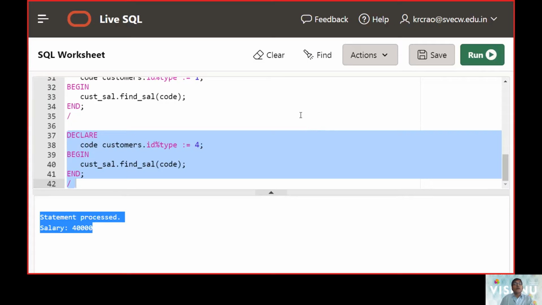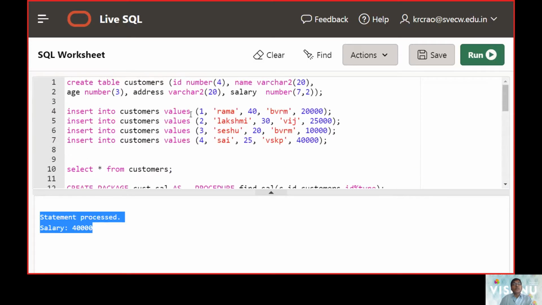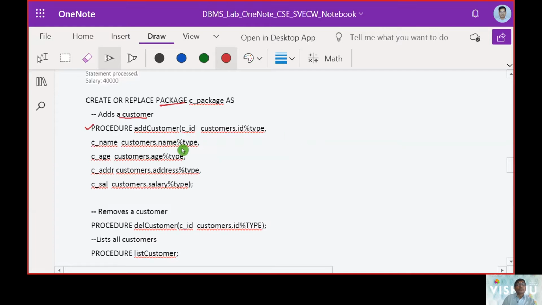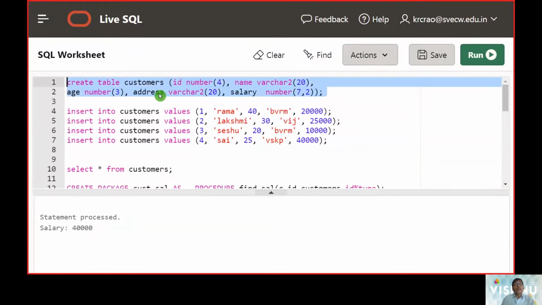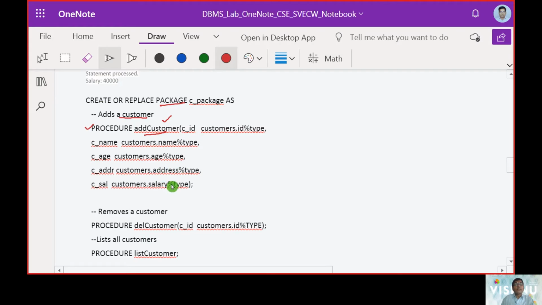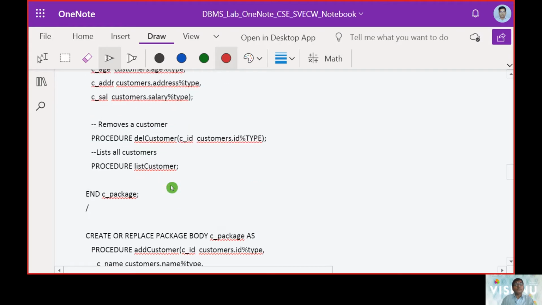Already we have the customer with ID, name, age, address, and salary, and we have taken 4. Let us see how another tuple can be added via the package. We can say it with a procedure add_customer, and we have 5 attributes: ID, name, age, address, and salary. All the 5 attributes are going to be called.